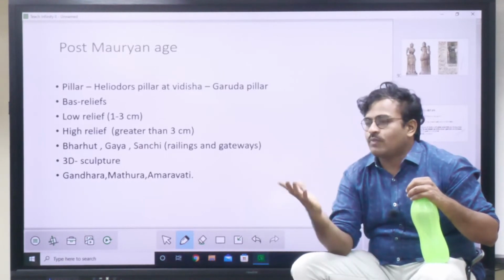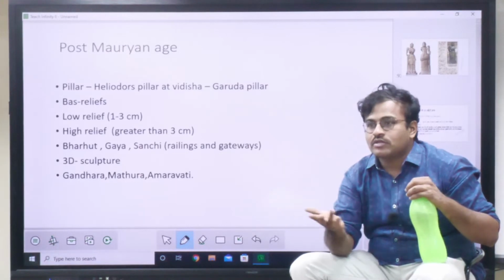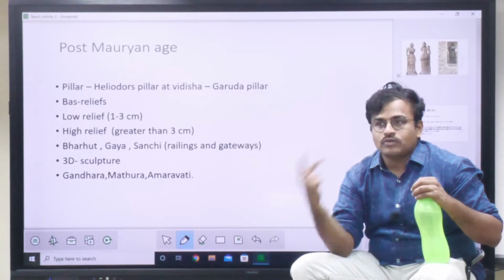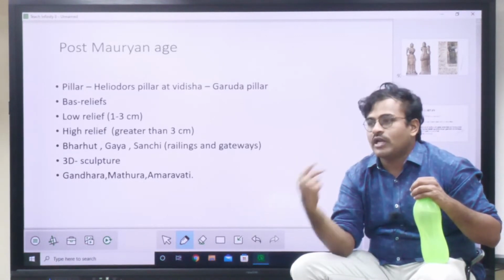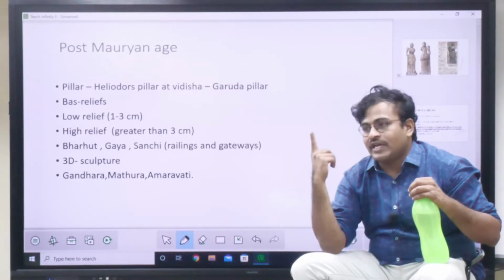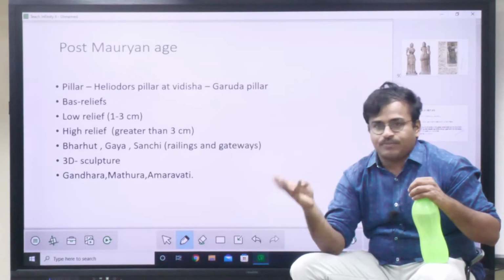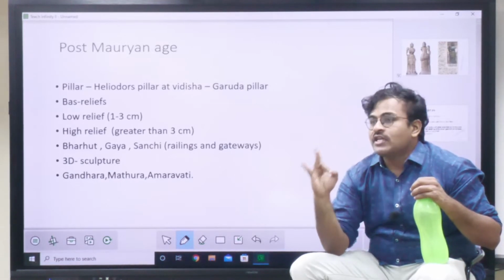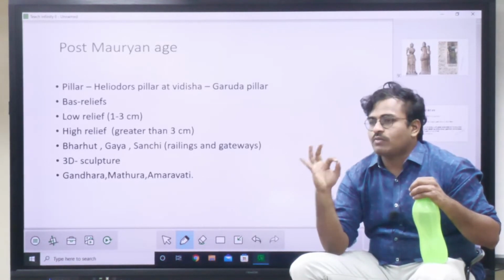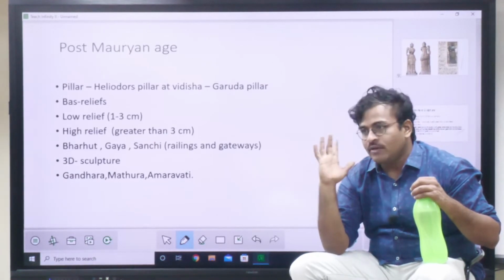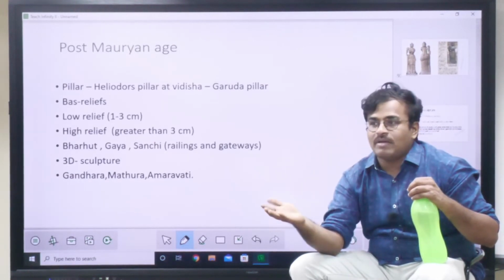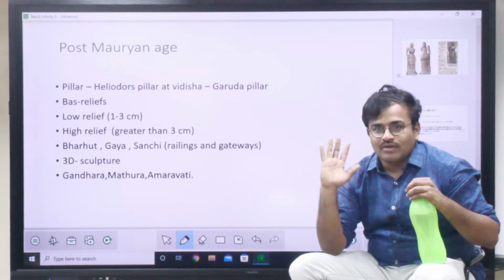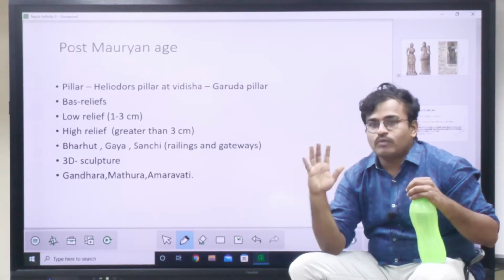Of these symbols, the most prominent one is the elephant. Maya is sleeping on a lotus and she gets a dream of an elephant. The first one is Maya's dream of an elephant, which is Buddha's conception. Second, the birth of Buddha is shown with Maya sleeping on a lotus. Third is Buddha leaving his house, which is represented by a horse. The fourth one is Buddha attaining enlightenment, which is shown with a Bodhi tree. And fifth is Buddha teaching his message to the public, which is shown in the form of Dharmachakra. And the sixth one is the death of Buddha, which is shown in the form of